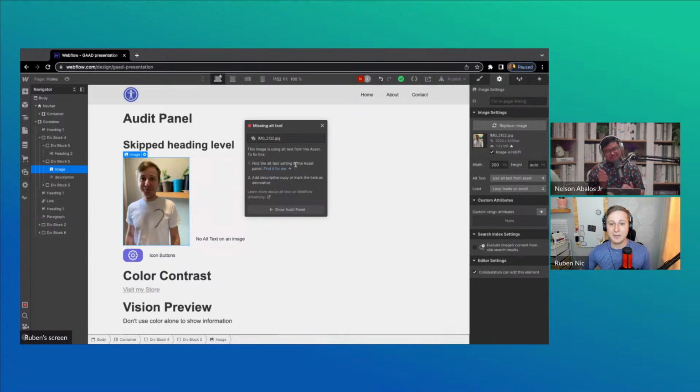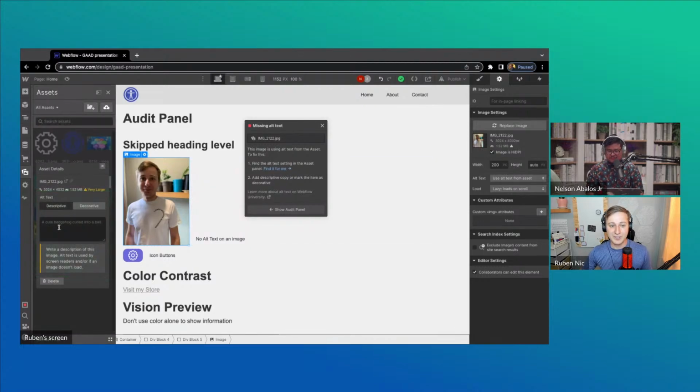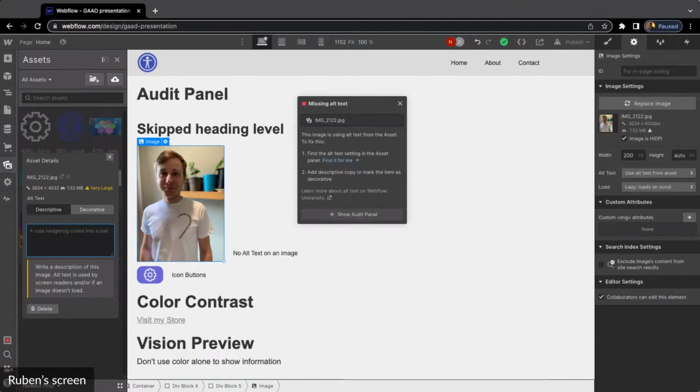The next one that has gotten a lot of focus, and I'm super happy about this, is alt text, right? Adding alt text to images. Alt text describes an image. This not only helps folks who are blind and low vision, but also folks who have poor and unreliable internet connections. So if an image isn't loading, it'll actually show the alt text.